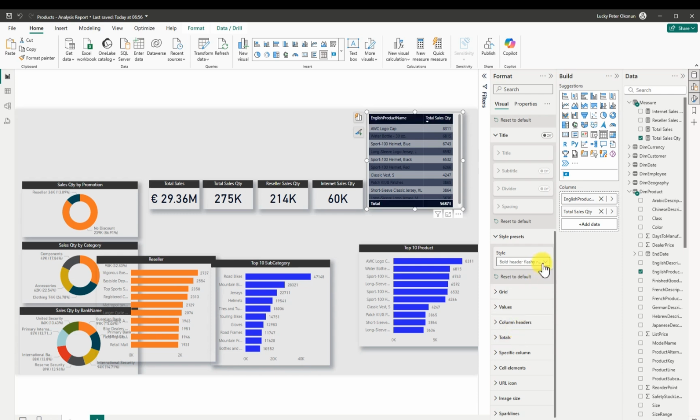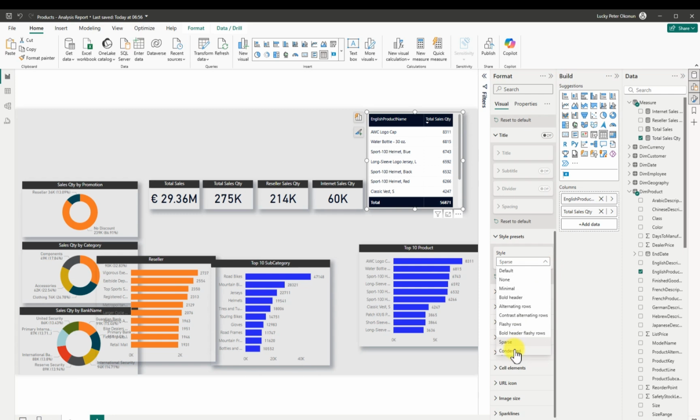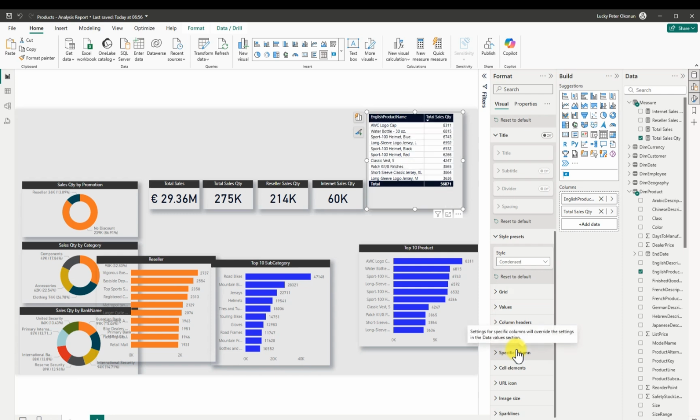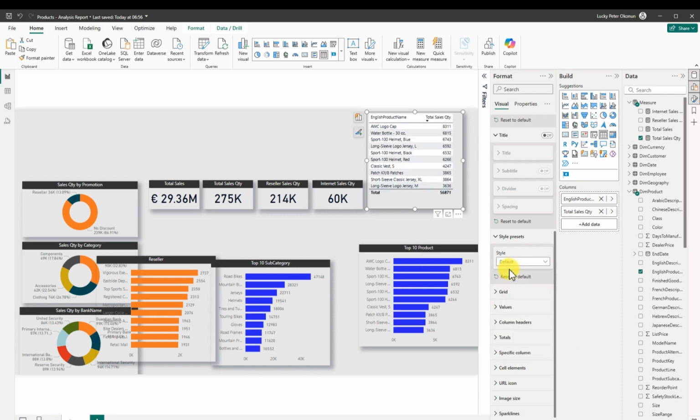You can see, so you can decide on sparse. You can see, so we're having it as sparse. Then you can also decide to say, okay, I want to use it in condense. Let's say condense. You can see you have it differently. Then you go back to default, and this is what default is actually giving you. So if you want everything to rhyme with this,